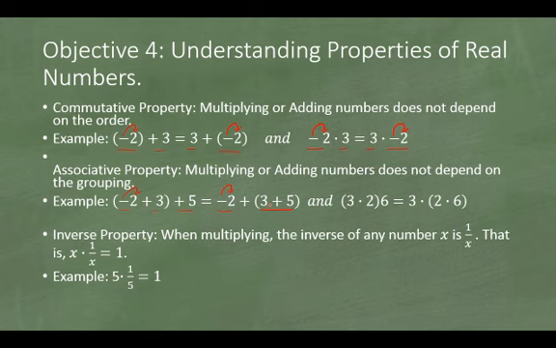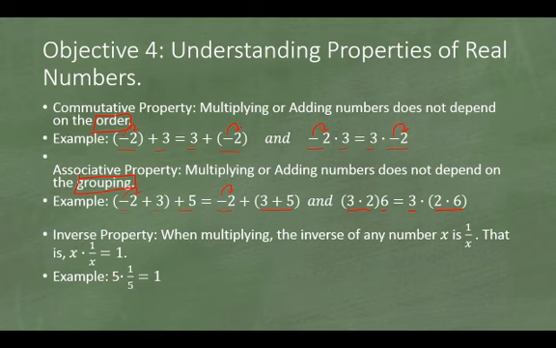And again, the grouping doesn't matter for multiplying either. 3 times 2 times 6 is the same however we group it. So order doesn't matter, grouping doesn't matter when multiplying and adding, as long as you keep the sign together with